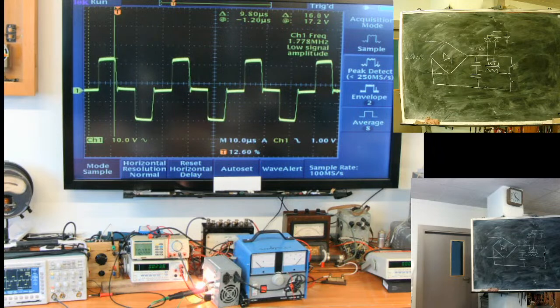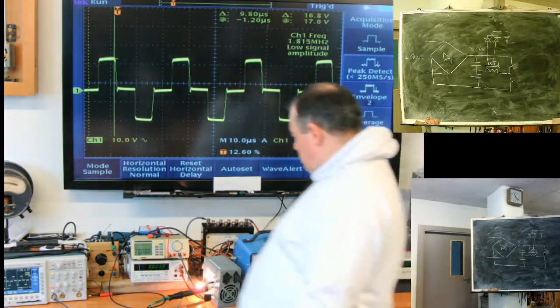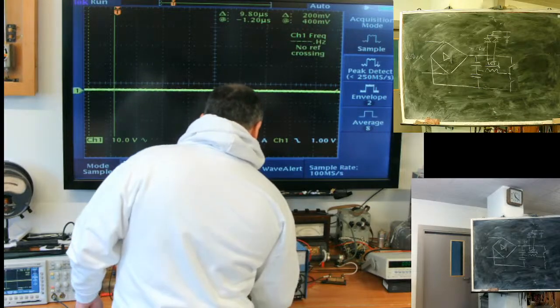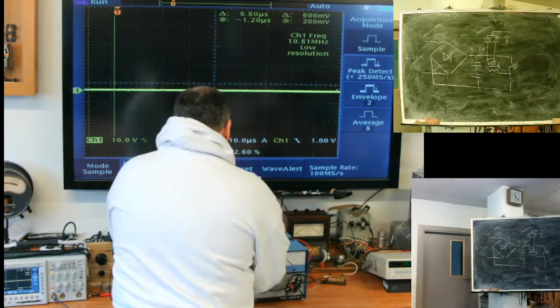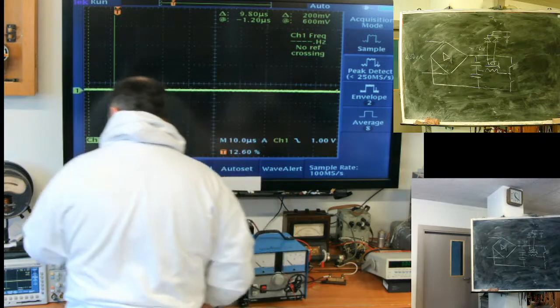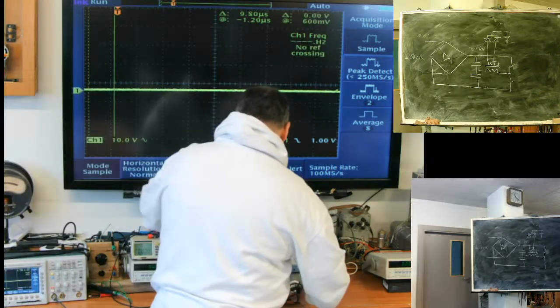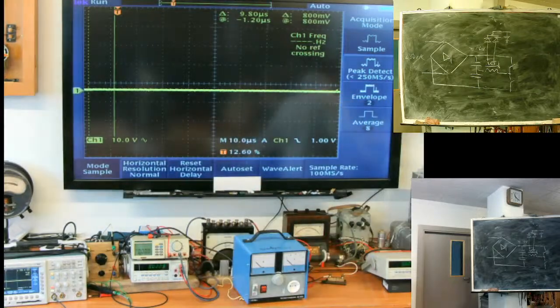These high energy power supplies are really dangerous. And what we get from it, just for understanding,